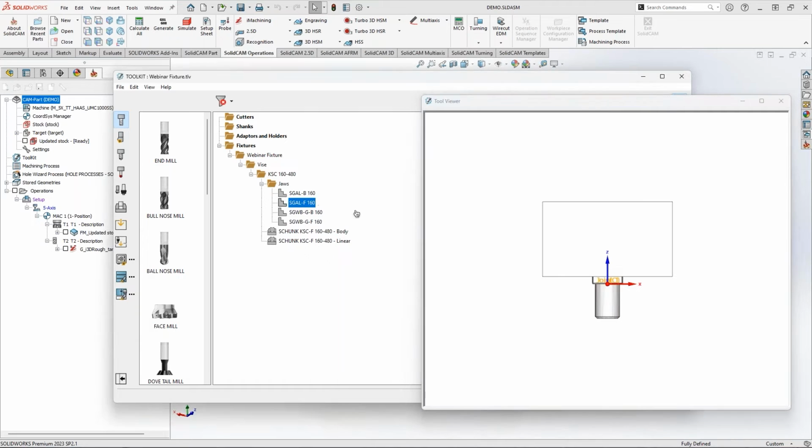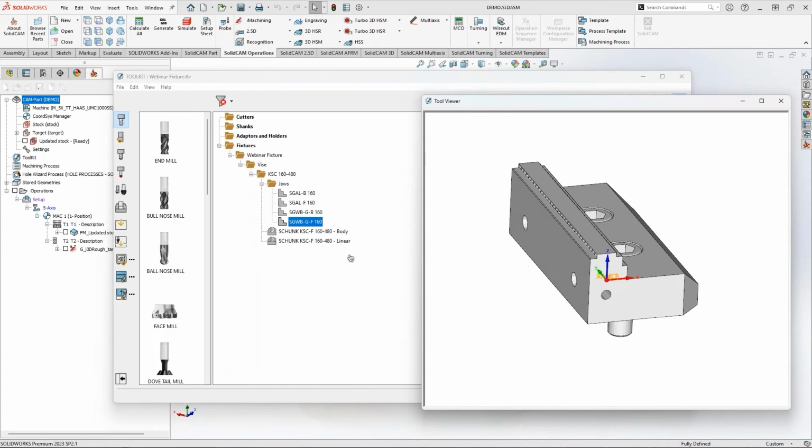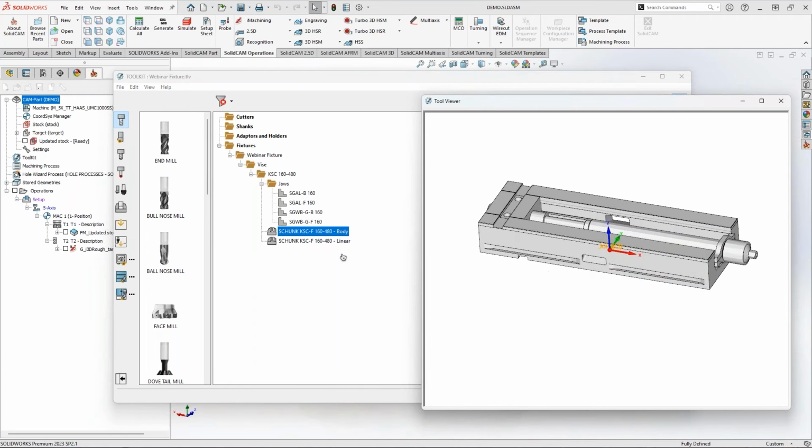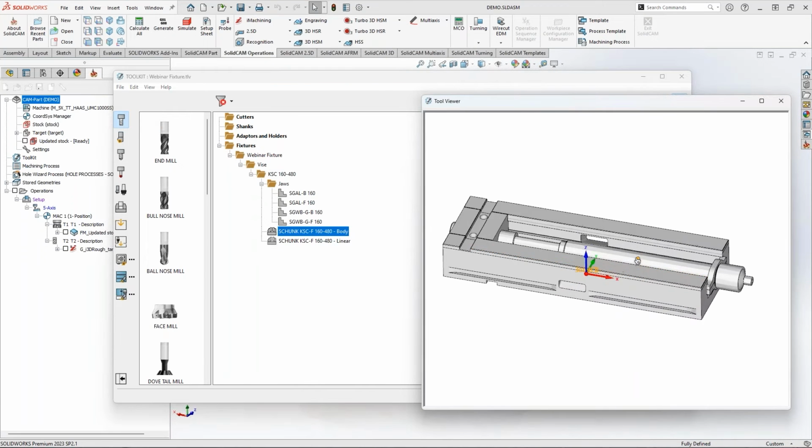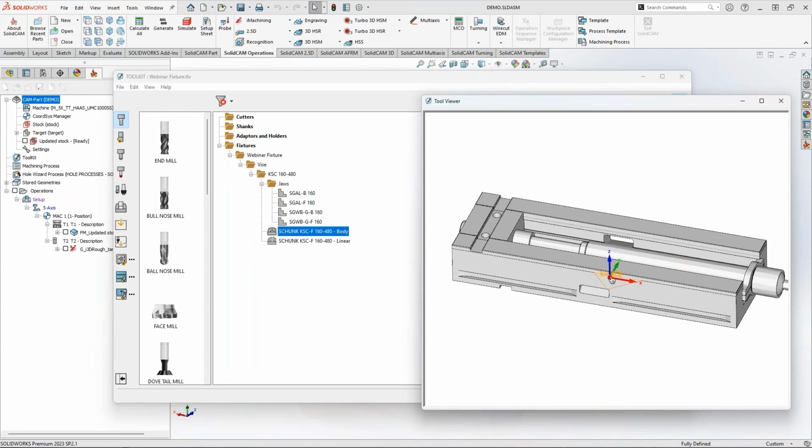You can see we have here two jaws, one fixed, one movable. All of them look exactly the same. We have here the main body, and of course we have here the linear body. Now for the main body, what we have to do, we need to define, besides this coordinate system, two other ones,